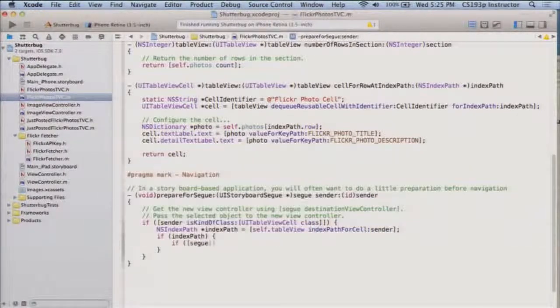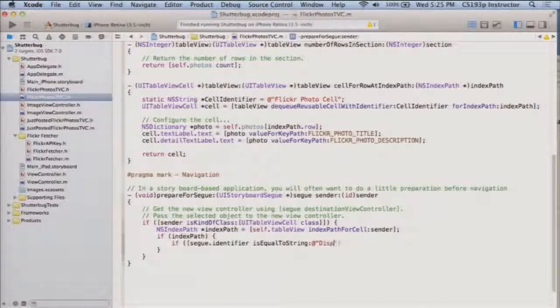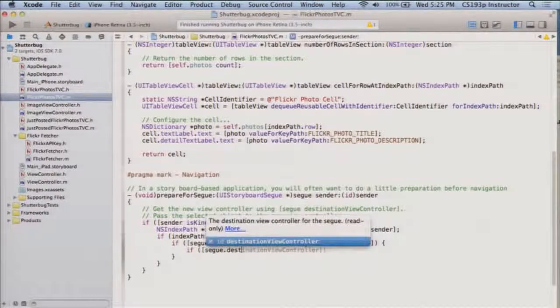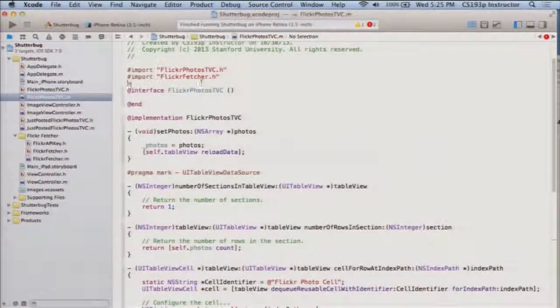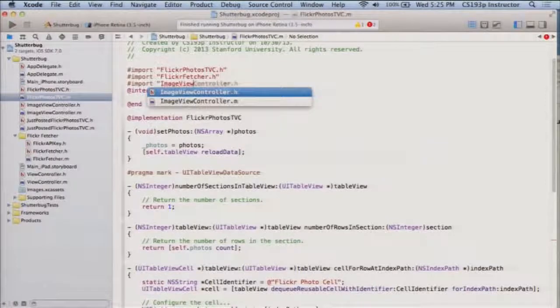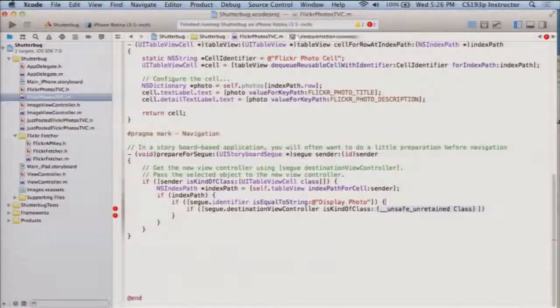Let's see if this is the display photo segue. Okay. If it is, let's see if the segue destination view controller is kind of class that image view controller class, because that's what we need it to be, image view controller. Right? So if it is, and